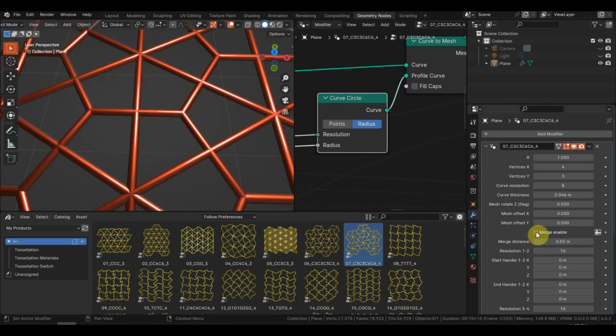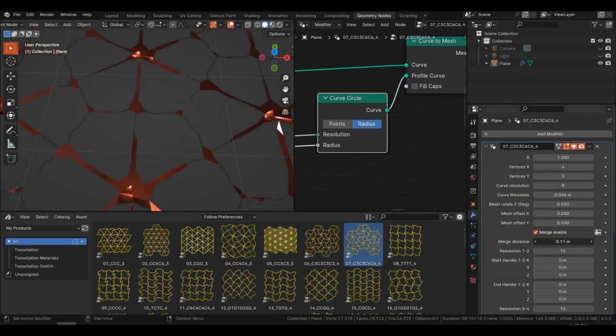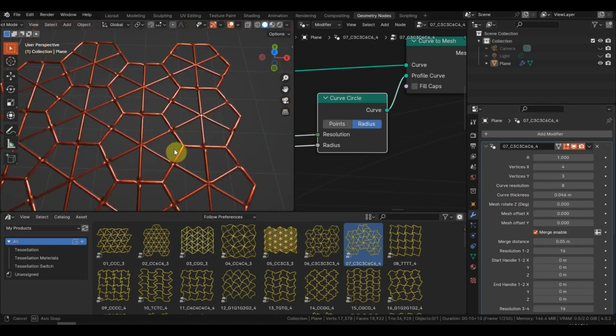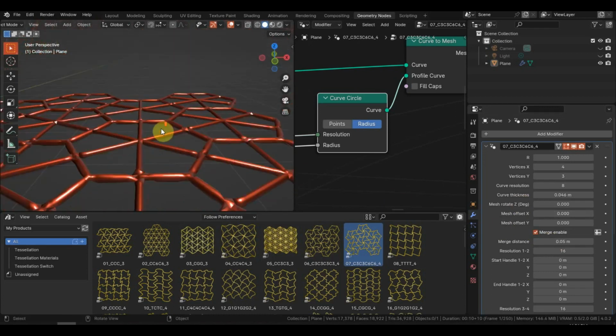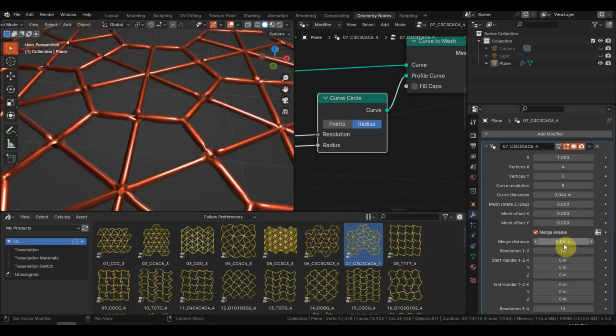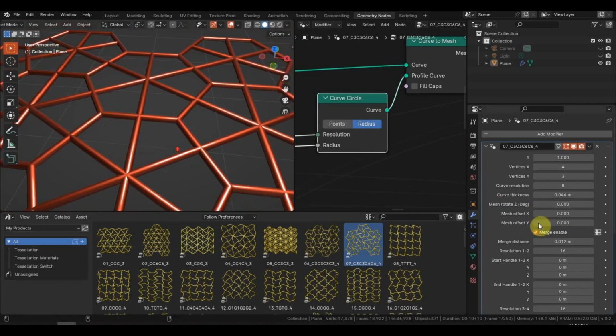If I check and uncheck, the points are getting merged over here. You can also control the distance over which they get merged. If I increase the distance, the distant points also get merged into each other, but it changes the shape of the mesh in an undesirable way. So you can reduce the distance and change it so that it looks good,